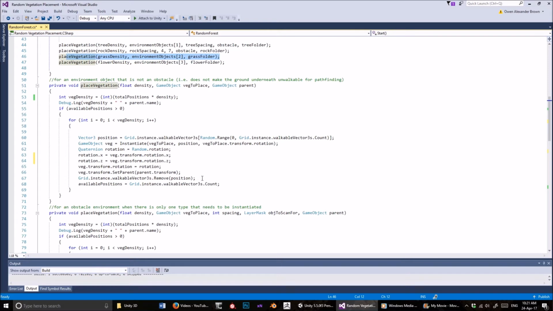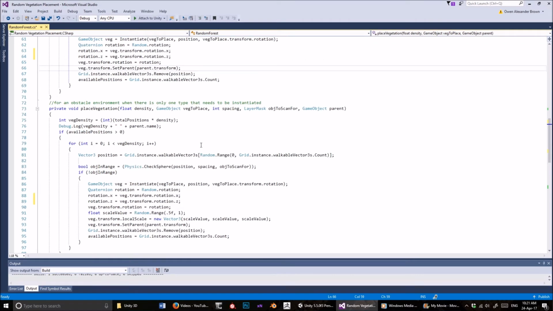Finally, what we do is we go into the grid, and we go into the walkable vector 3s, and we remove this position. And that's pretty important, because if you don't do that, you will definitely get objects being instantiated on top of each other. So you have to remove that from the walkable vector 3s, and then we make the available positions the same as the now diminished walkable vector 3s.count. So that's it in a nutshell, and all of the other methods follow that same logic, except for the trees